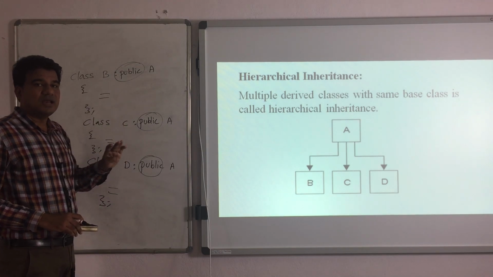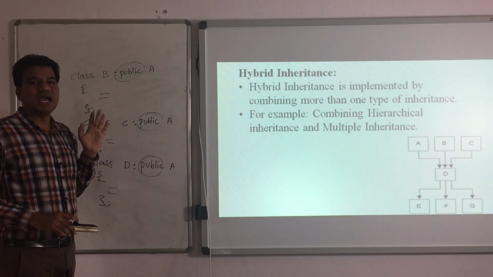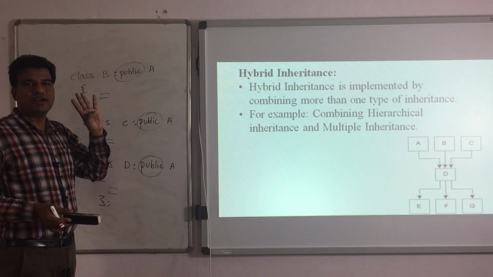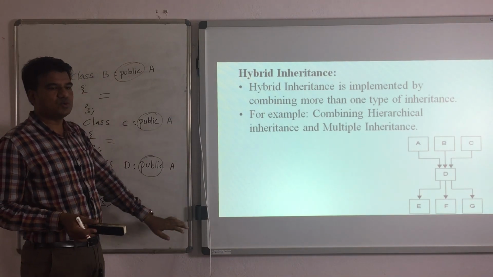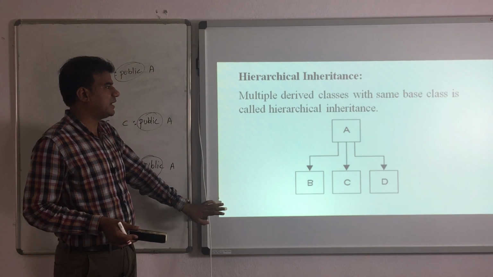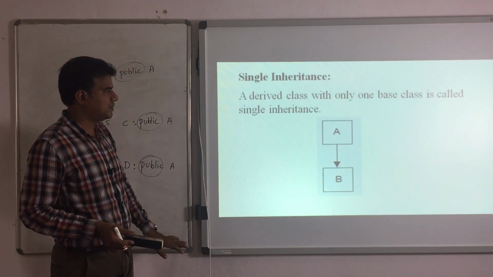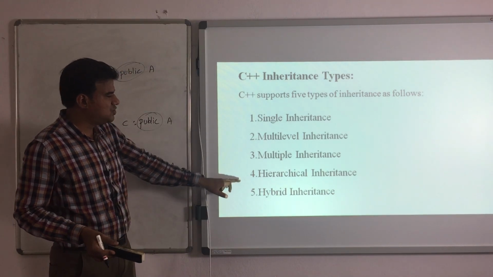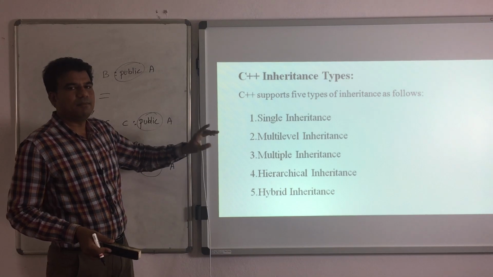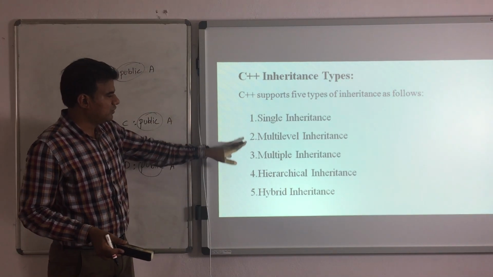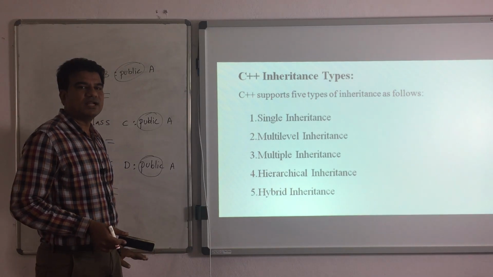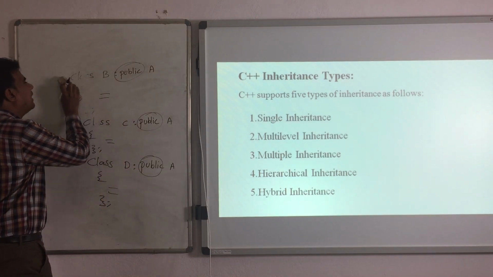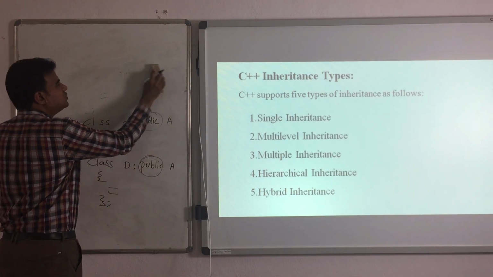Lastly, hybrid inheritance. Hybrid means a combination of any two. Before this we discussed four different types. Can you go to the previous slides? Types of inheritance, still previous. Yeah, this one. See here, the last type is hierarchical inheritance. If you merge any two of these, the minimum is two, that type of inheritance we call hybrid inheritance.